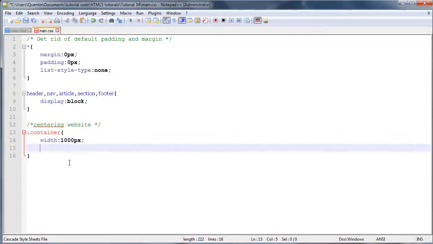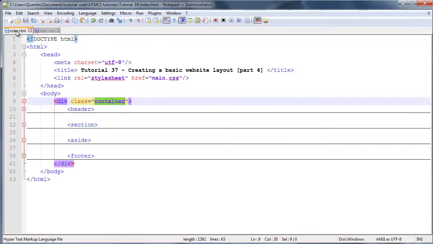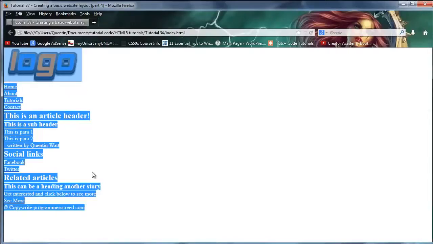Okay, and I'm going to give this a margin of 0 pixels and auto. Now what this is going to do is leave a margin of 0 pixels on the top and 0 pixels on the bottom, but the left and the right are going to be auto, or automatic. Okay, and what that's going to do, if we go over to the browser, is figure out how much space is on this side and how much space is on this side, and then actually center the web page for us. So when I click refresh somewhere over here,